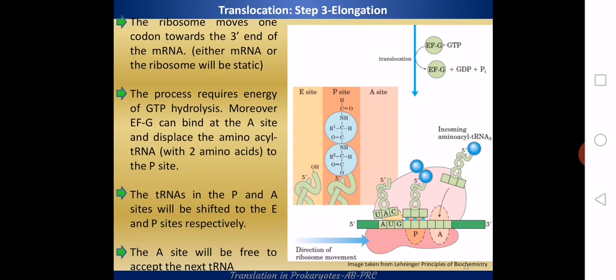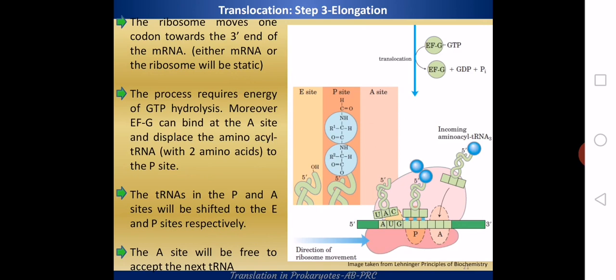And now the third tRNA will come to this place, and when the third tRNA comes, there will be the second peptide bond formation. The third tRNA occupies the A site and causes the peptide bond formation, which will then be followed by